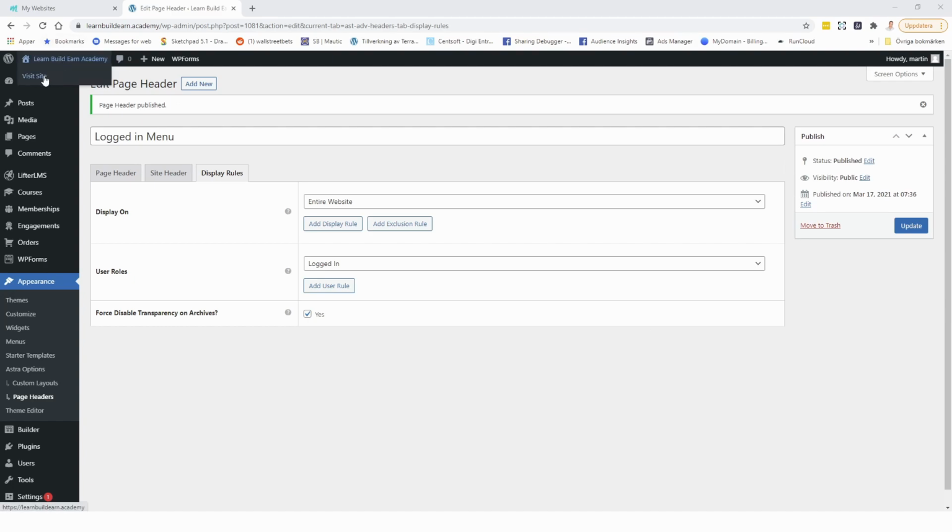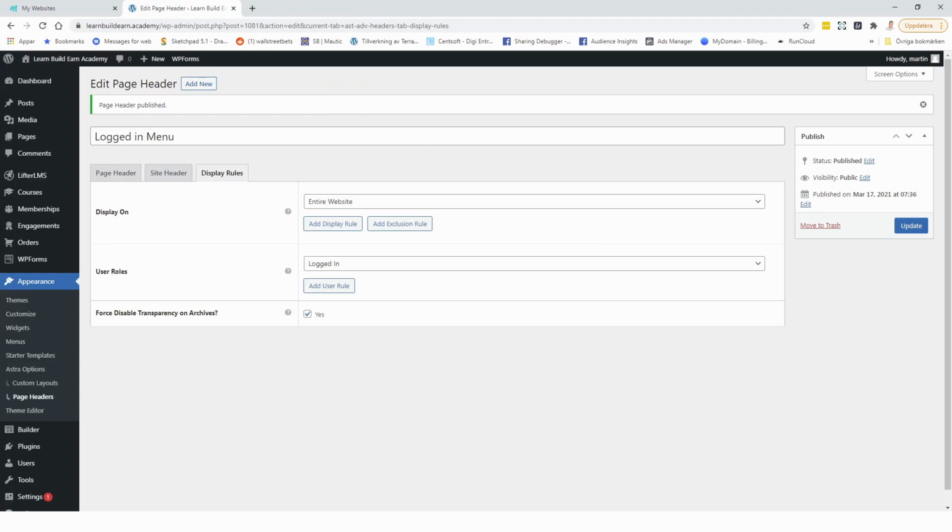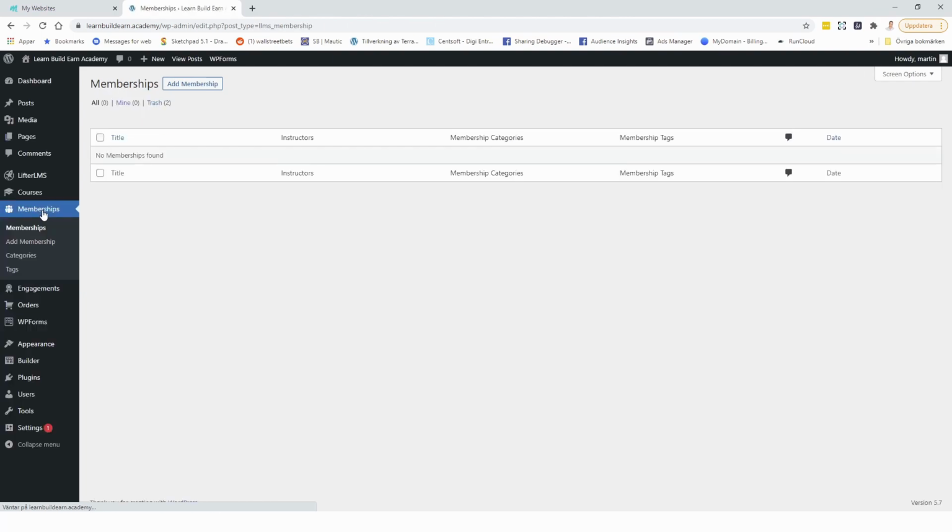So if we go to the website right now, the menu here has changed because I'm logged into the dashboard. So we have the dashboard, order history, and sign out. So that looks good. We'll add some extra sections to the menu later on, but right now we are going to create our first membership. So let's go into membership, click on add membership,